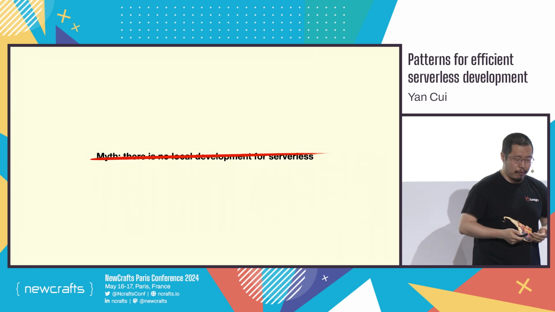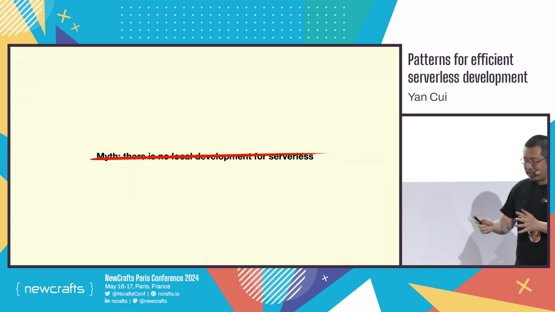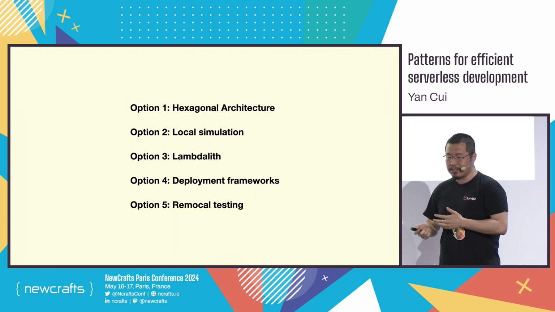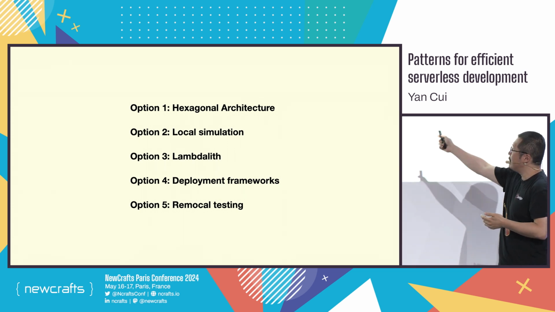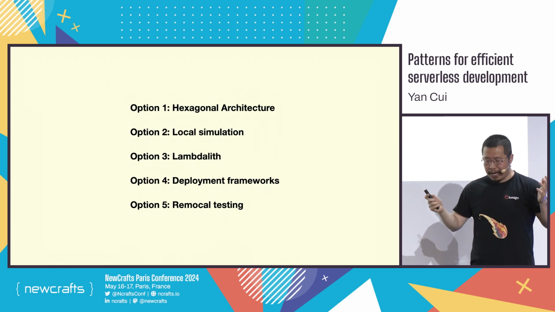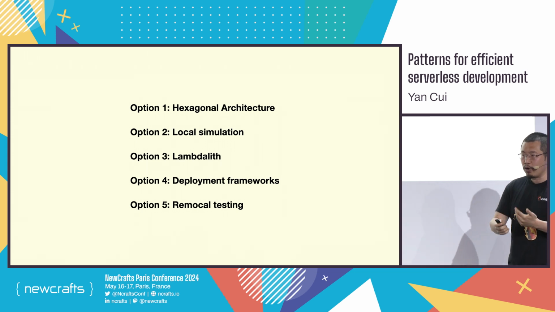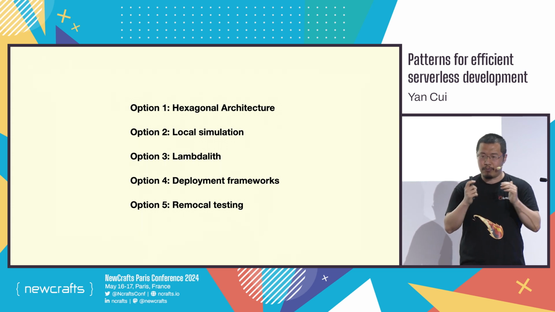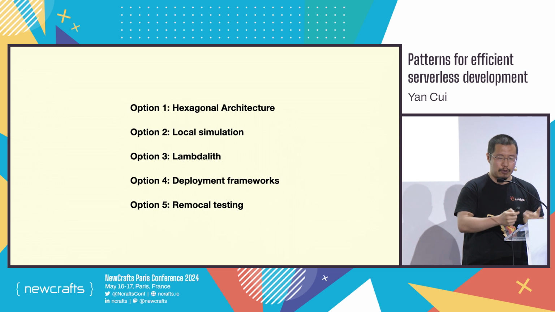And this is where the use of ephemeral or temporary environments comes in, which can also help boost your development workflow. But before we get on to that, I just want to again make sure that you understand, if there's one thing you take away from today, it's that there is a local development experience, and there are multiple ways you can get that. You can even combine some of these patterns, say remote code testing with local simulation. If you don't have the ability to use temporary environments, then LocalStack and local simulation might be a good way for you to get a temporary environment that you can use to test and run your code changes in isolation first,